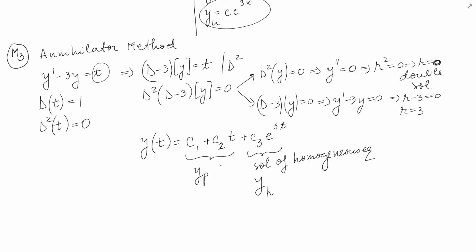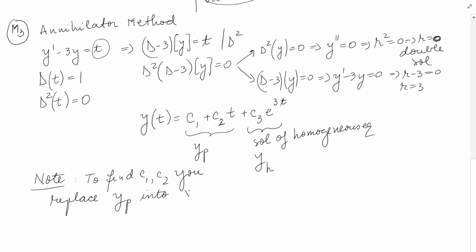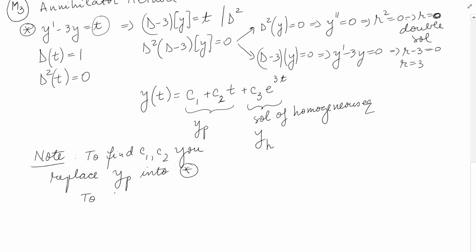But I want to remind you that if you had to do this problem using just the annihilator by itself, to find c1 and c2 you had to replace just the particular solution into star, into your original problem, and of course equate your coefficients to find c1 and c2, and to find c3,